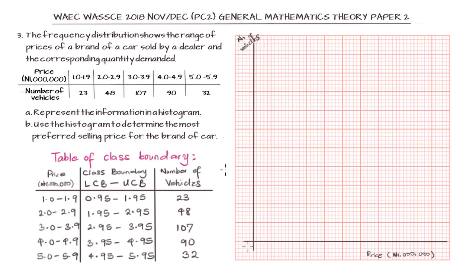Now, with this, we can go ahead to obtain our histogram. Having the axis as the number of vehicles against the price, we are going to be plotting with the class boundary. So we need to put in the values for the class boundaries and then the number of vehicles on the vertical axis. If you label all those,